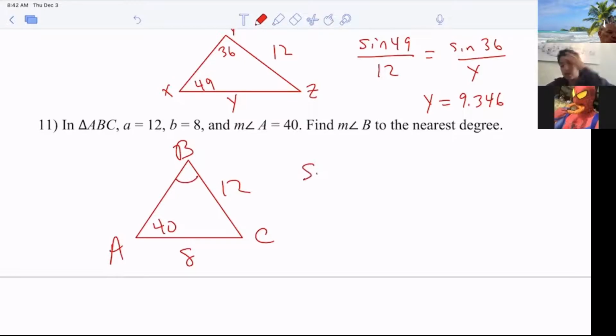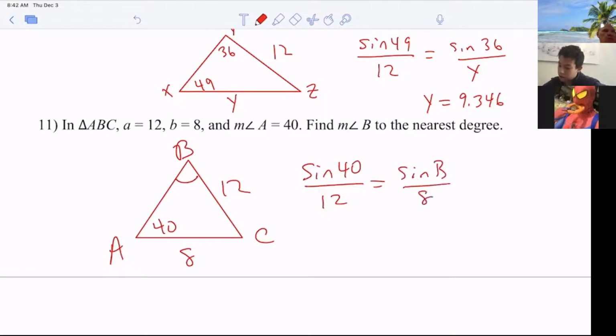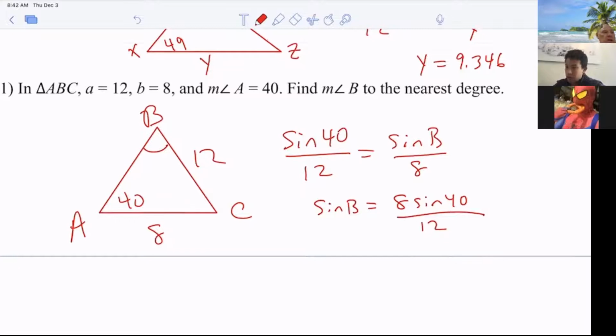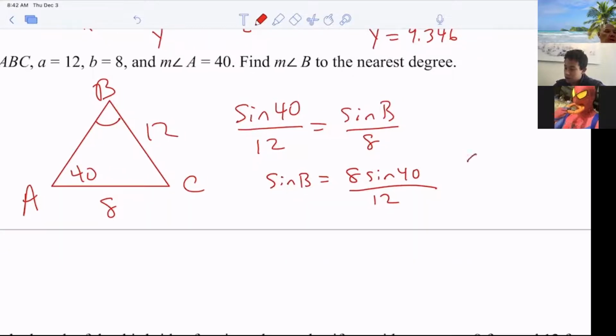So then we just say sine of 40 over 12 equals sine of B over 8. And of course, we would have sine of B is equal to 8 sine 40 over 12, correct? And then we do inverse sine. So angle B is approximately